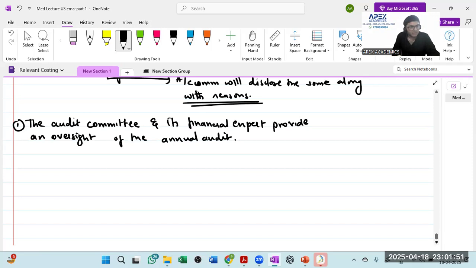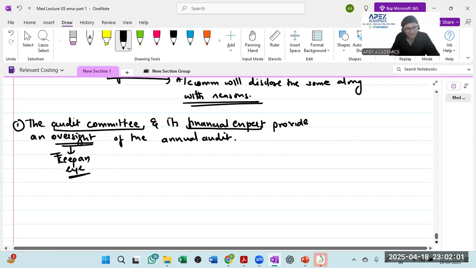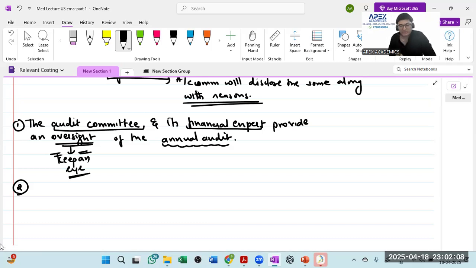The audit committee, along with its financial expert, keeps an eye. What do they do? They keep an eye on what? They keep an eye on the annual audit. I hope you understand this particular aspect. Next,